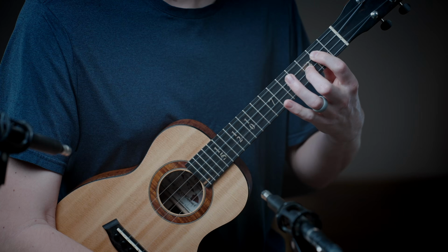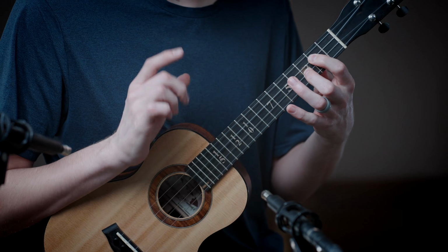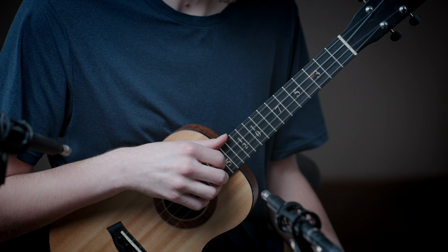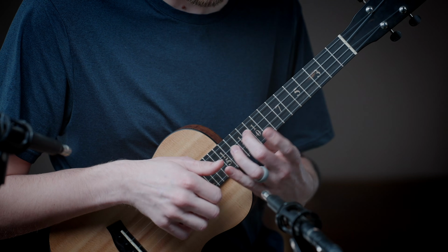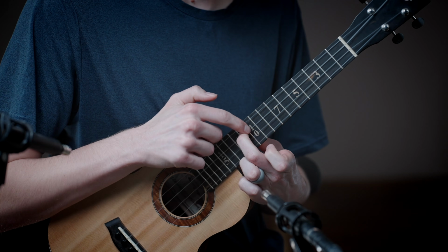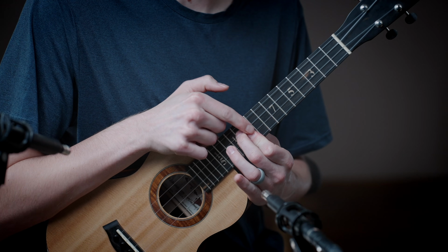my absolute favorite G chord on the ukulele. It's absolutely beautiful. High G or low G. Sounds great on both. 0, 11, 10, 10. Sounds scary. Take your middle finger, go and place on the 11th fret of the C string. Make sure that you get a good arch with this finger. And then take the index and do a partial bar on the 10th fret of the E and the A